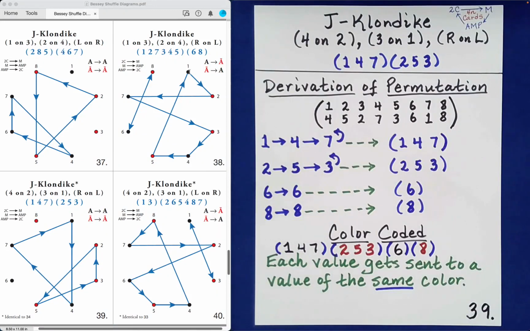Taking a look at the shuffle diagram for shuffle 39, we can see that the fixed points 6 and 8 are represented as single dots with no arrows. Though you could have a circular arrow that starts at 8 and returns to 8, the same thing for 6. And then the first cycle is 1, 4, 7. So this means that if we start at 1, there should be an arrow from 1 to 4, which there is, and then an arrow from 4 up to 7, and then an arrow from 7 to 1,